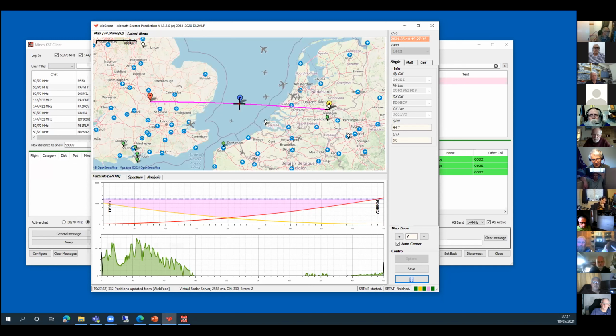So I was thinking, let's say, as an example, you had 20 stations in London all trying to work that Dutch station, they'd all be thinking, oh, I can work him now. And of course, that plane's only in the path for a couple of minutes. So if you're squabbling over all trying to work the one station, your chances of actually making the QSO are reduced. Yeah, and of course,